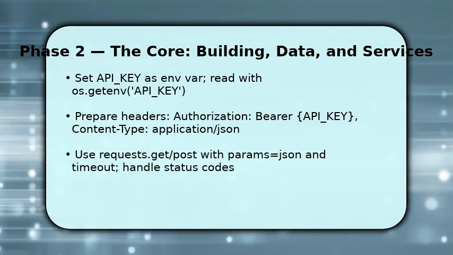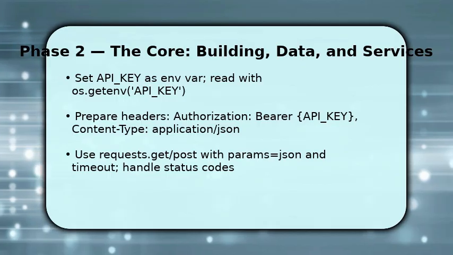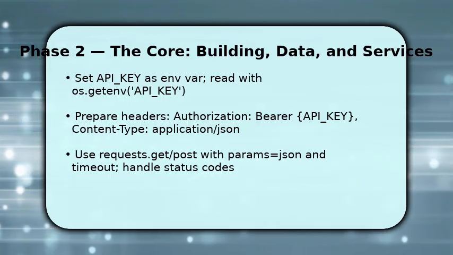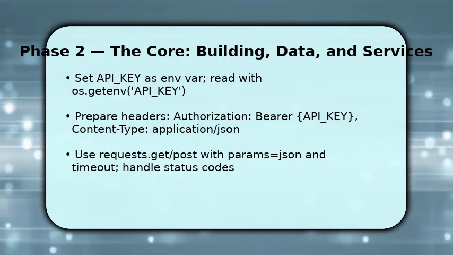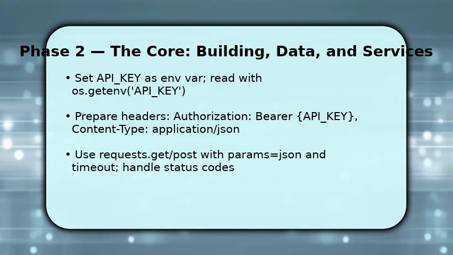Then check response.status_code, and parse response.json() when 200 or 201. If you expect pagination, loop through pages with next links or page params, and you finish by validating and securing